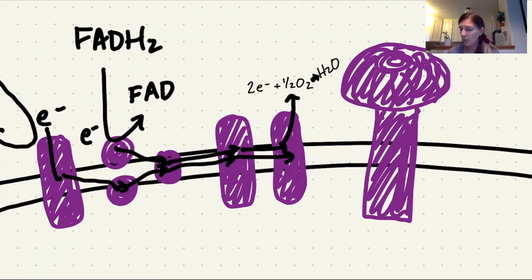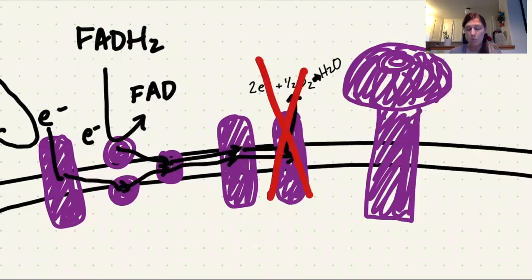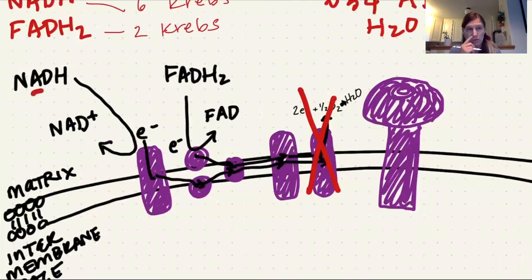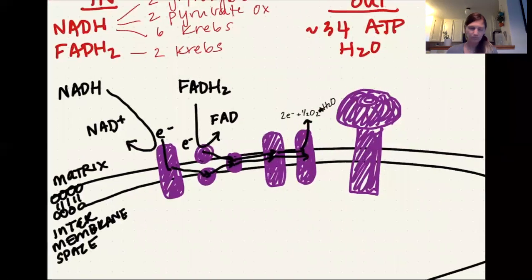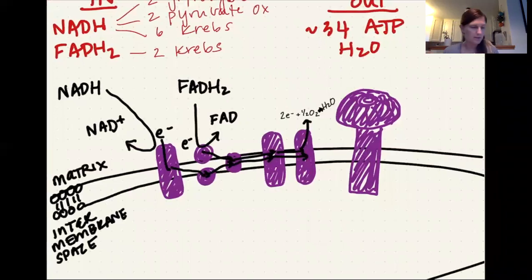So if, for example, you blocked this pathway somehow and didn't have oxygen, these electrons would build up. You couldn't then have more NADH and FADH2 coming in, and the whole system would fail to create that gradient that we're going to talk about now. All right, so those are the flow of electrons. So we know electrons are full of energy, right?